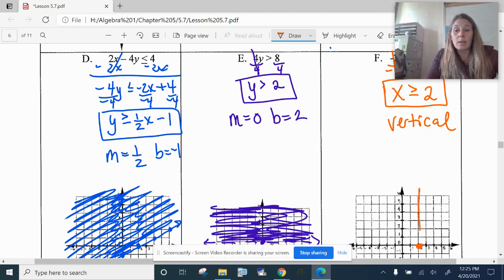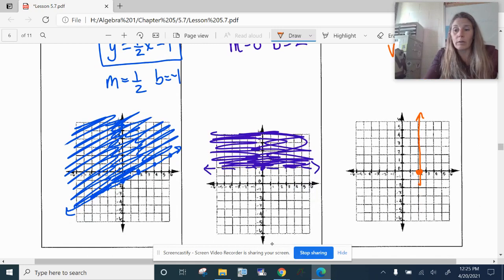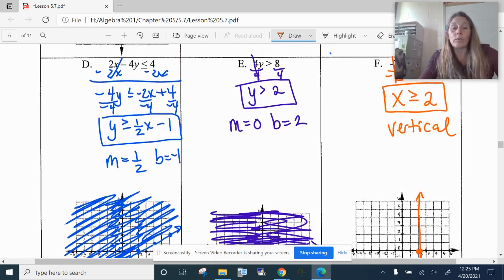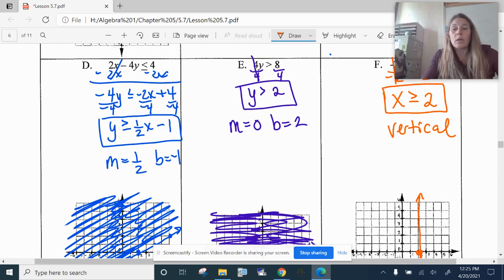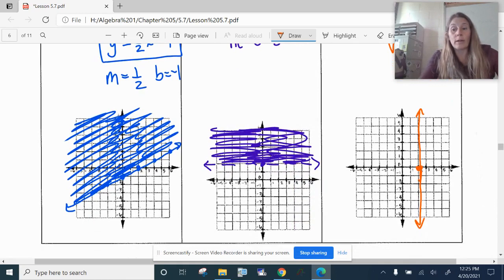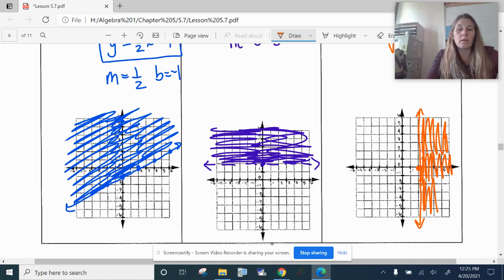In this case, it's a solid vertical line. So you're just going to go ahead and draw that solid vertical line. And then you're going to have to shade left or right because there's no other option. So x is greater than or equal to 2, and the numbers that are greater than or equal to 2 would be on the right side of that line. And that's how you would